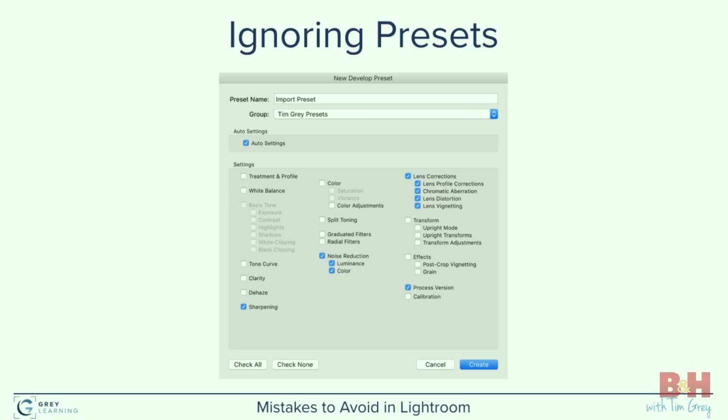Noise reduction, maybe I prefer to alter the default settings for noise reduction. For sharpening, I want to certainly include process version. So I can pick and choose which changes I want to apply when I apply this preset, and then apply it when appropriate. So in this example, during the import process, make all of these changes to the appearance of the image, every single image, right at the import, including, by the way, that auto settings checkbox up toward the